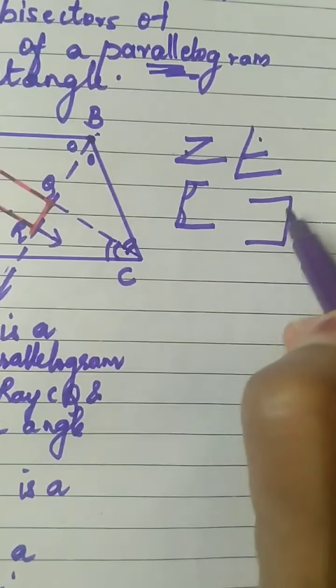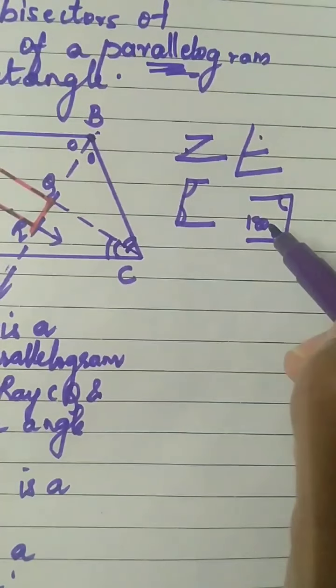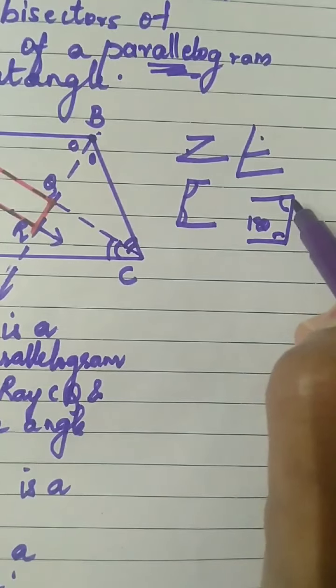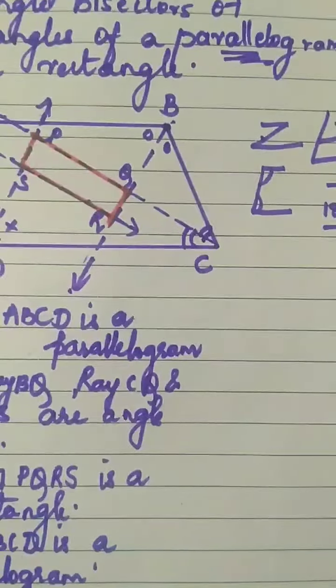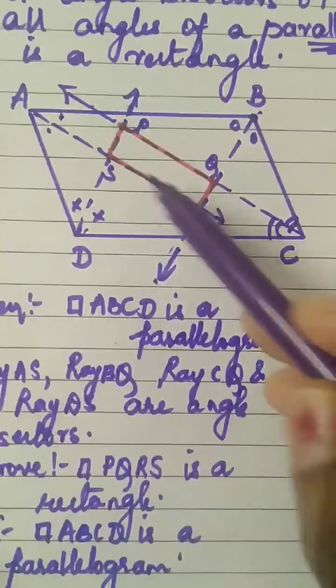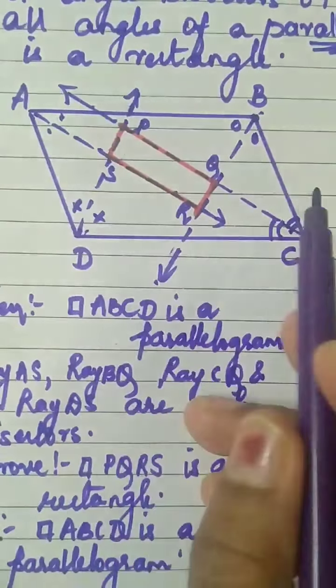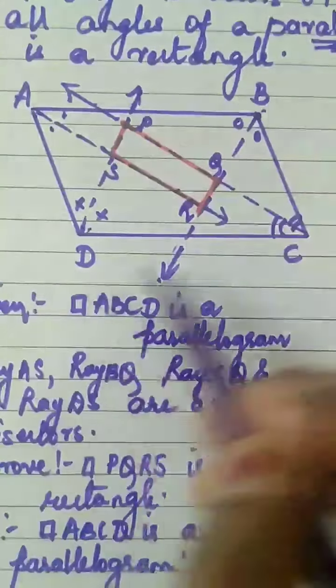We know about interior angles. If you add both, you will get 180. Correct. 180, if you divide by 2, you get 90. Okay. So which type of angles are you going to consider here? Interior angles. We know that this is a parallelogram, which means opposite sides are parallel. We can see some interior angles formed here.